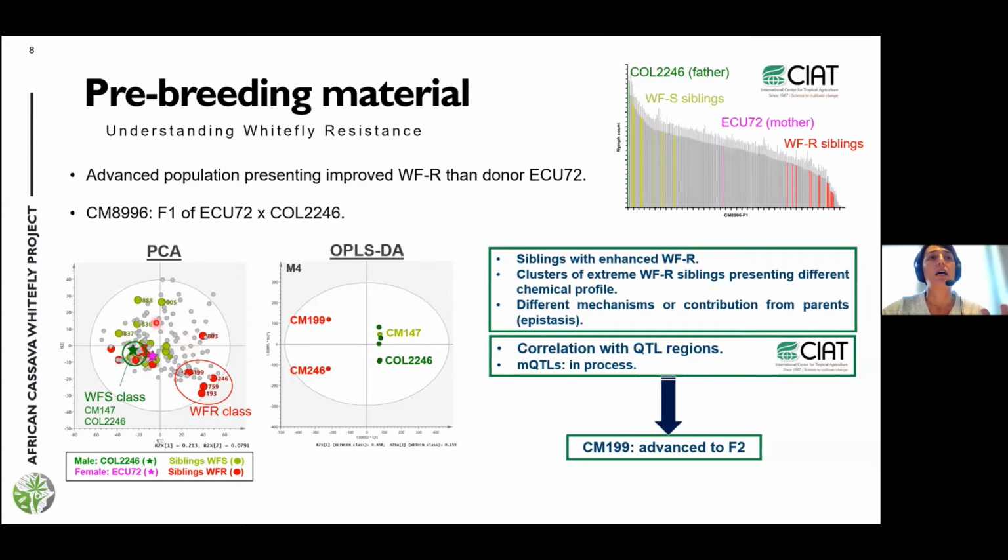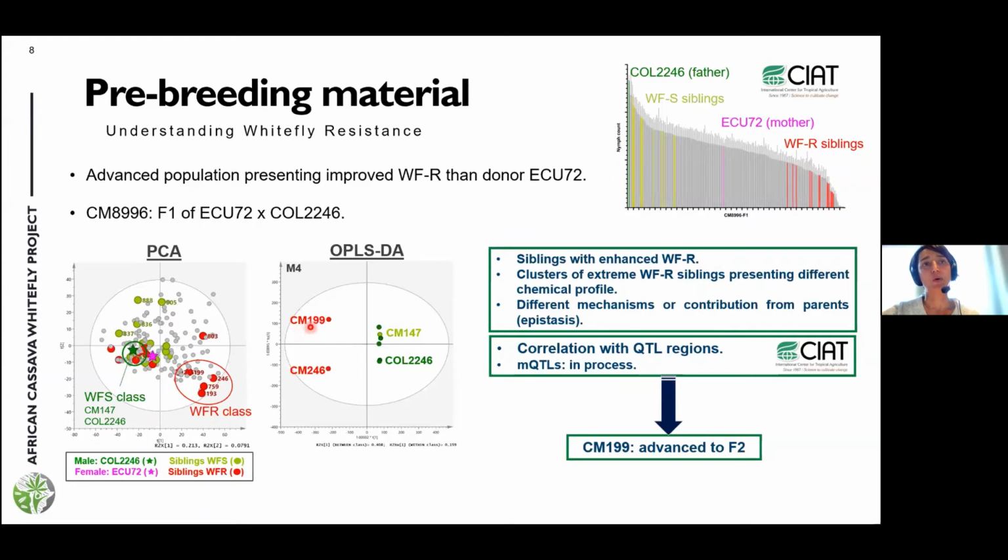One is still very similar to the parent, but another one is completely different from the other resistant siblings. That could be an indication of other mechanisms segregating, or epistatic effects, and that was in line with the conclusions of the QTL analysis conducted by the CIAT team. So the following step was to decide which of these lines could be selected for advancing into F2s, and the discriminant analysis of this cluster